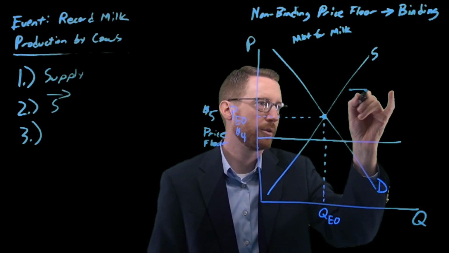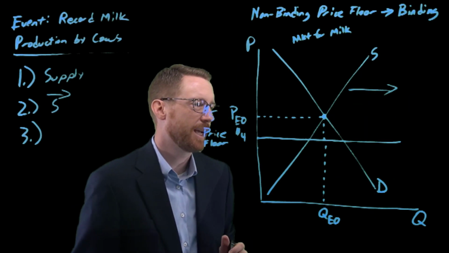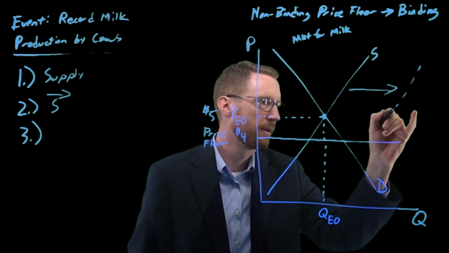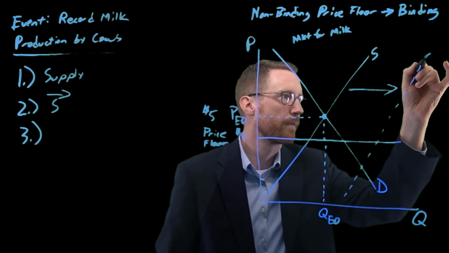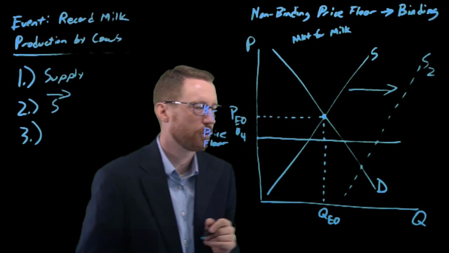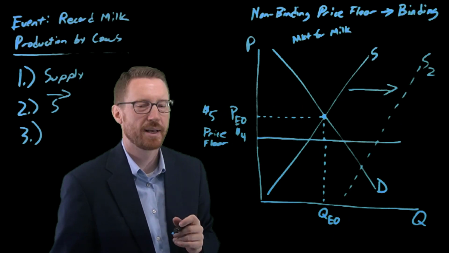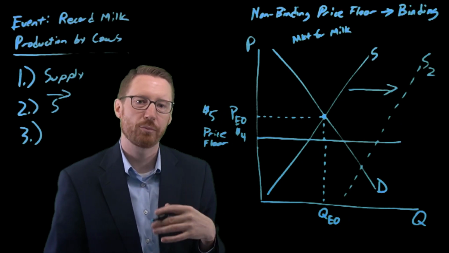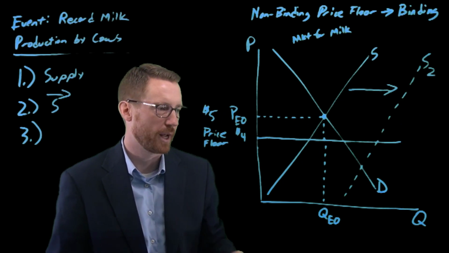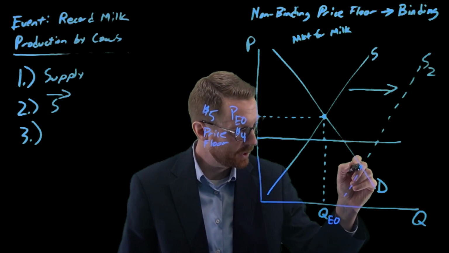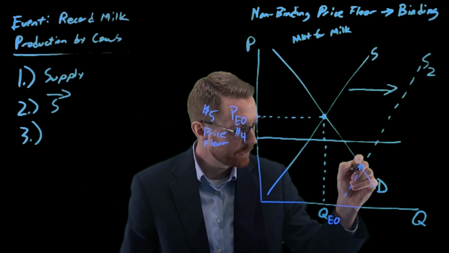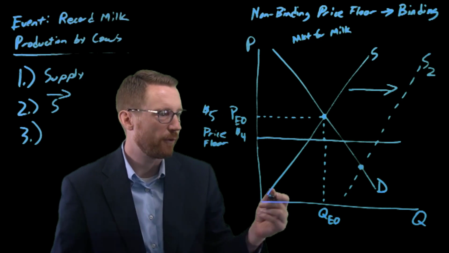Let's suppose supply has increased. When supply increases, that's going to push down prices and increase quantity. Without any regulation, we would see the price fall